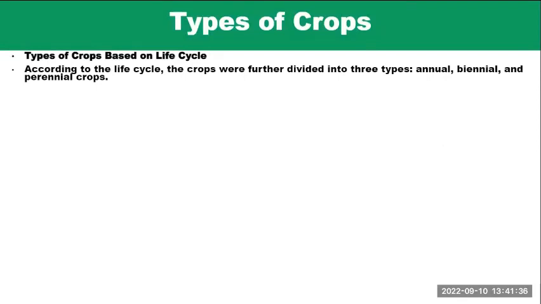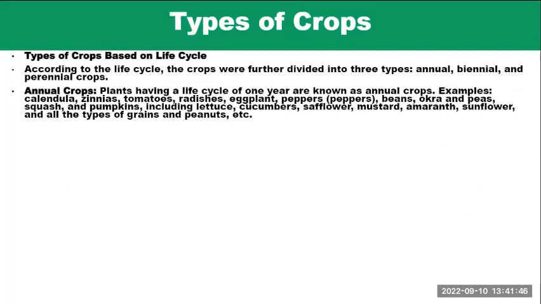Now, still on types of crops, we have types of crops based on life cycle, how long they last when they are planted. Then we have three main types: annual, biennial, and perennial crops. Now, annual crops are plants that have a life cycle of 1 year. Examples are